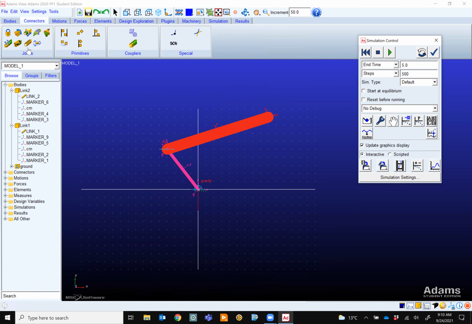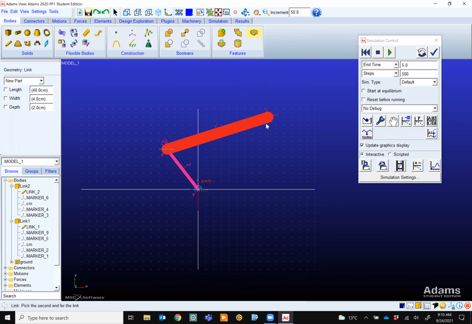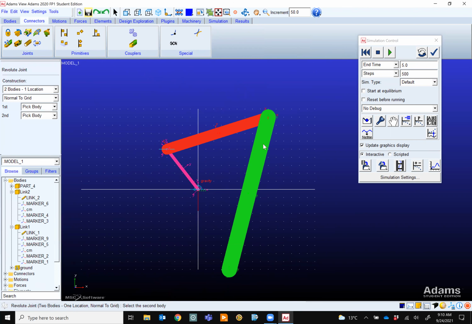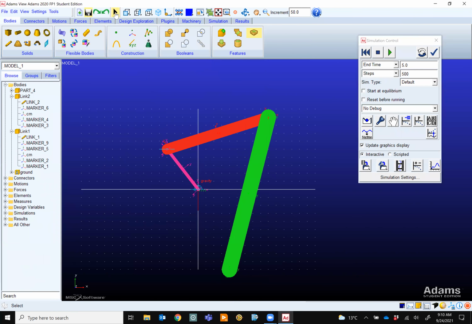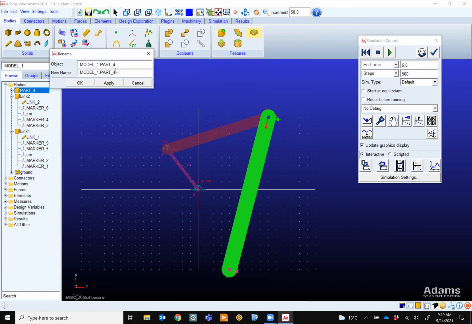But let's say you want to make a mechanism. So let's add another link. This time, maybe this link goes all the way down here. So let's connect them. This link, let's rename that one. I like to be organized. Go to body. Whenever you want to go back to your original things, if you click on that, you return back. Okay, let's clear the selection. The escape doesn't work. So it was rename. This is link 3.